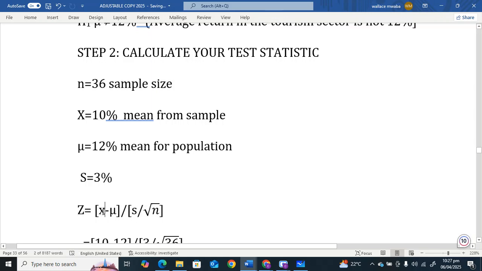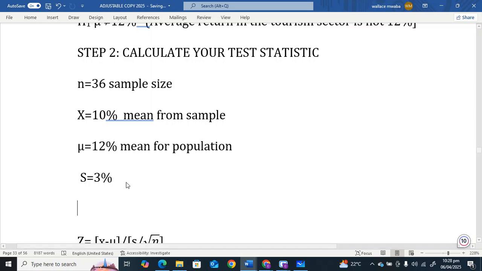X represents the mean from the sample. U represents the mean from the population. Okay. Sample mean minus population mean divided by S. Maybe let me write it like this so that